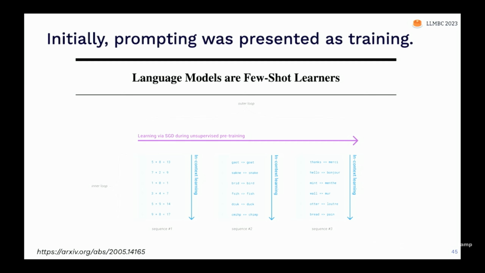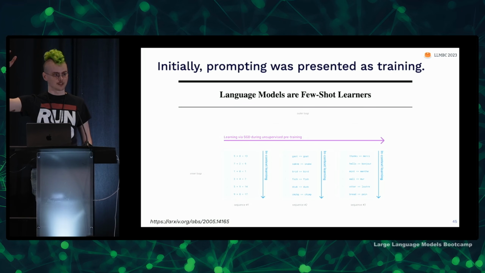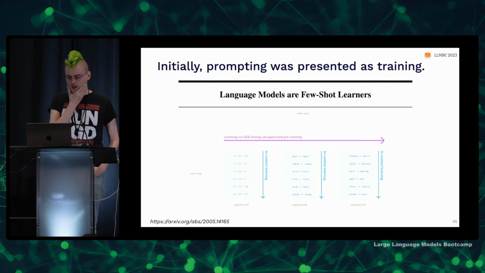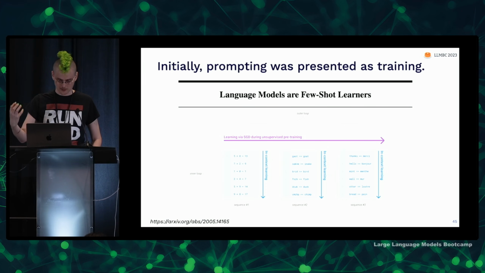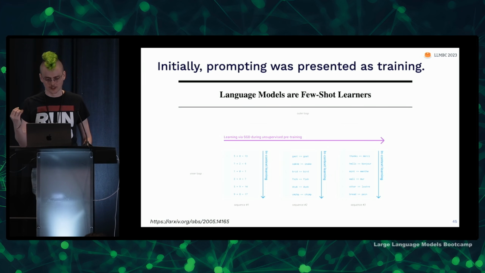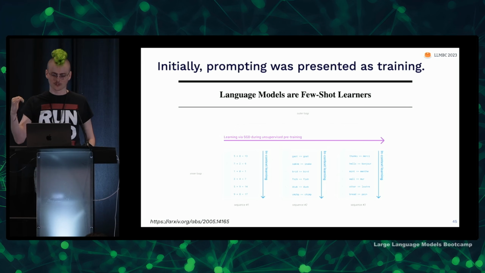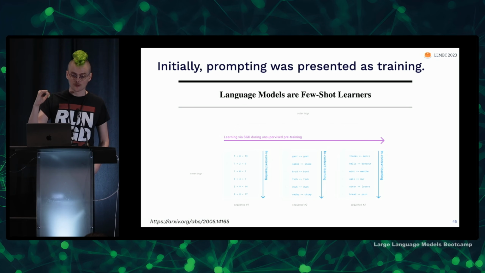So at the beginning, when people first talked about language models and how you would put stuff into them to get them to do useful things, it was not at all obvious that a generative language model would be useful to people. It was clear that it would learn a lot of intelligent things and maybe mimic intelligence, but that it would actually be useful was unclear. And so the GPT-3 paper is actually called "Language Models Are Few-Shot Learners."